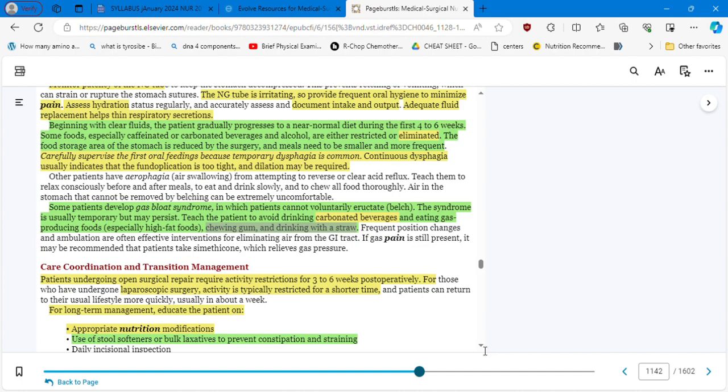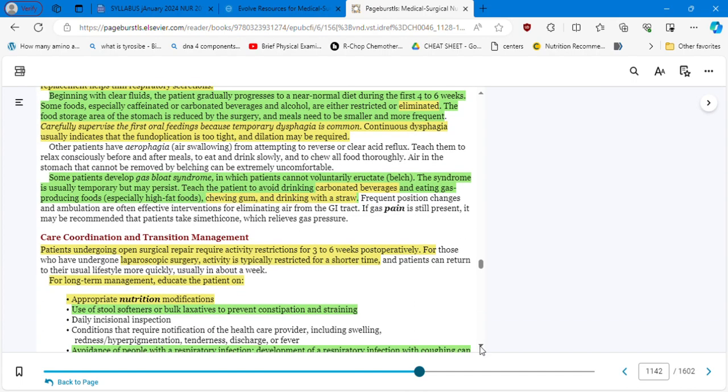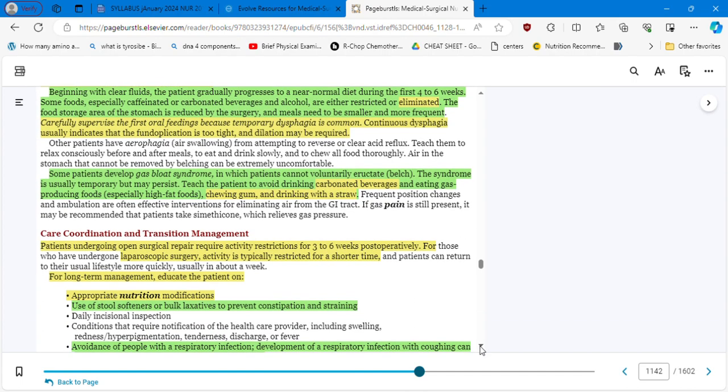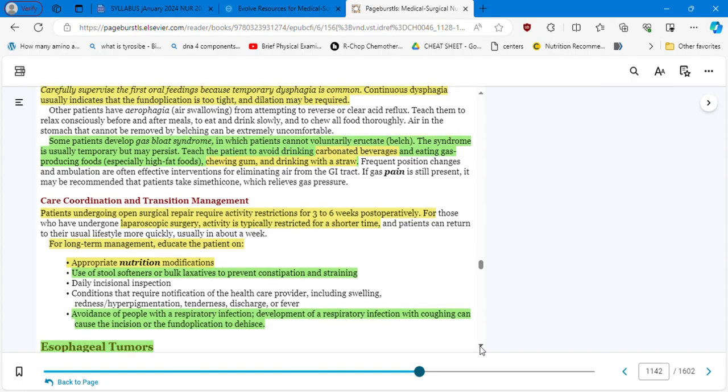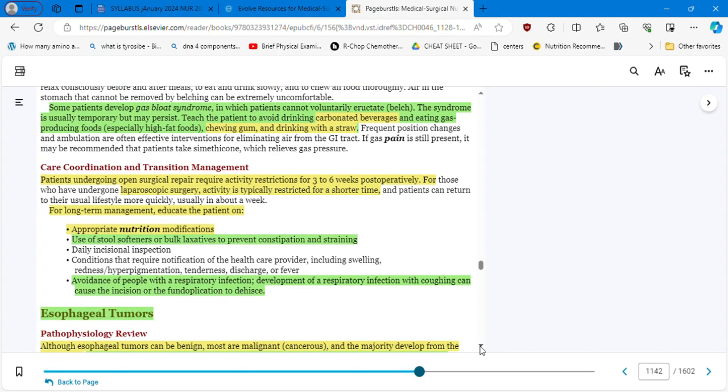Transition management. Patients undergoing upper surgical repair require activity restrictions for 3 to 6 weeks post-operative. For laparoscopic surgery, activity is typically restricted for a shorter time. For long-term management, educate the patient on appropriate nutrition, use of stool softeners or bulk laxatives to prevent constipation and